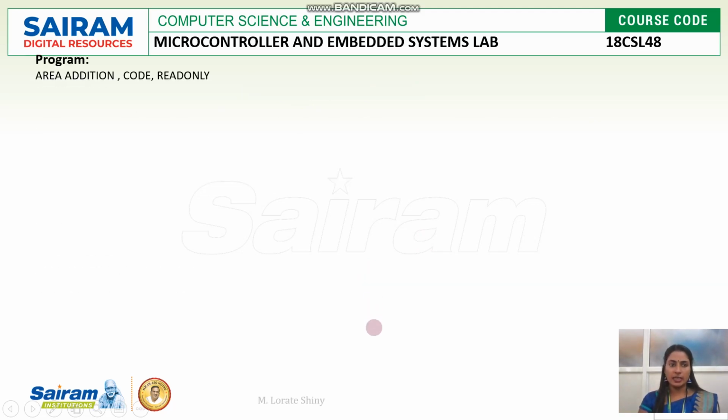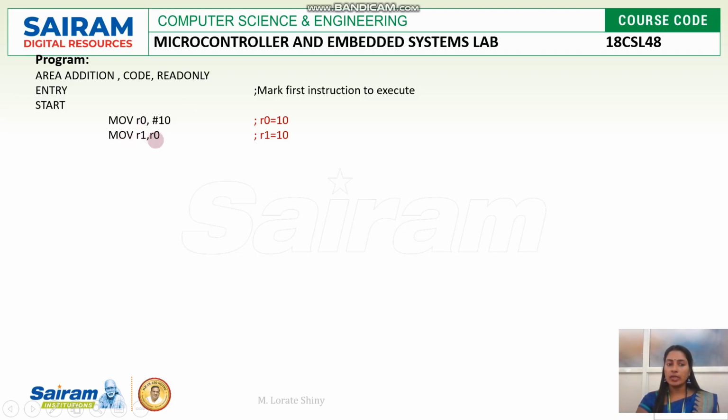Always this is the first line: AREA, then the section name, then memory, code memory, type of memory, read only memory. Then START and ENTRY and START. This is the first instruction: MOV R0, #10. Okay. So the R0 register is used here to hold the first data. After addition, we will store the result every time. Once the addition is over, we will update the result in the R0 register only.